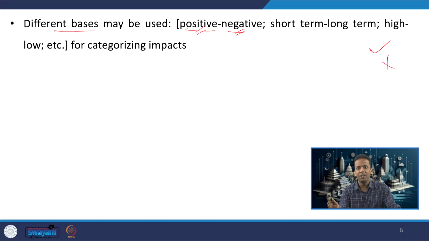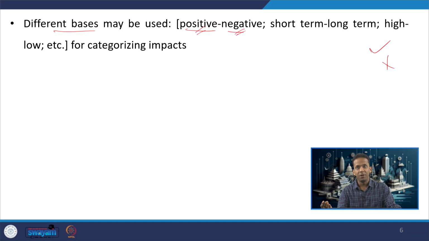Not every activity done by any company has only negative impacts on environmental components. Some of the activities may have positive impact also. For example, if we construct a water tank, it will cater to the drinking needs of our society. So, that will have a positive impact on satisfying the thirst of the people. If we construct an aquaculture pond for growing fishes, that can also have a positive impact on